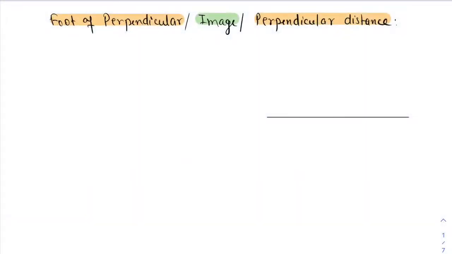Hello dear students, welcome to the second part of the lecture in which we are going to discuss some more problems on the straight line in 3D geometry. In the last lecture we have already discussed how to write the equation of a straight line in 3D. For that we will require only two things. The first is any point on the line and the second is a vector to which our line is parallel.